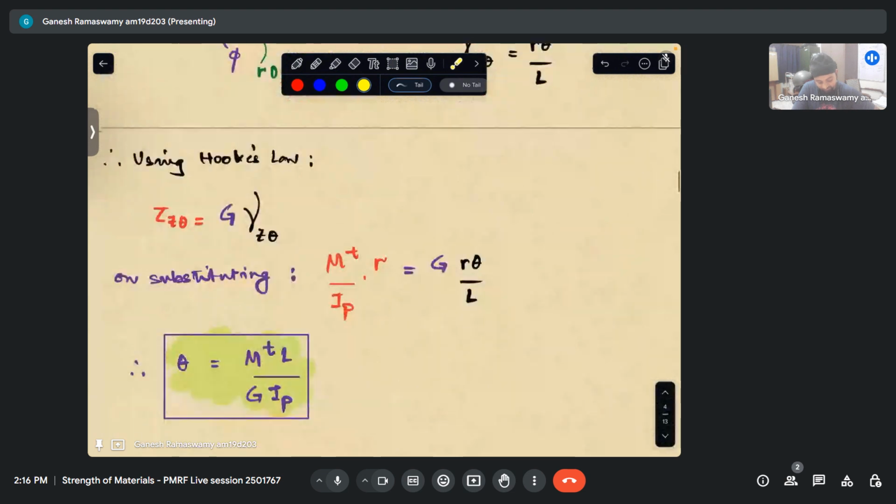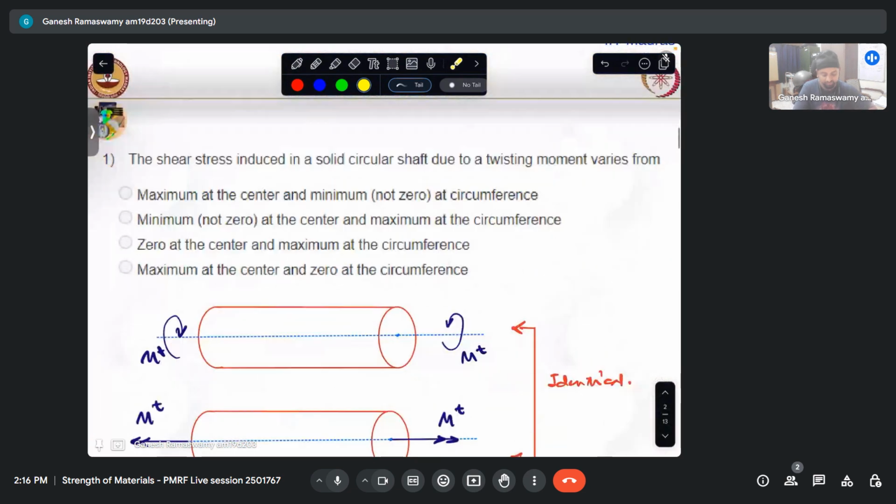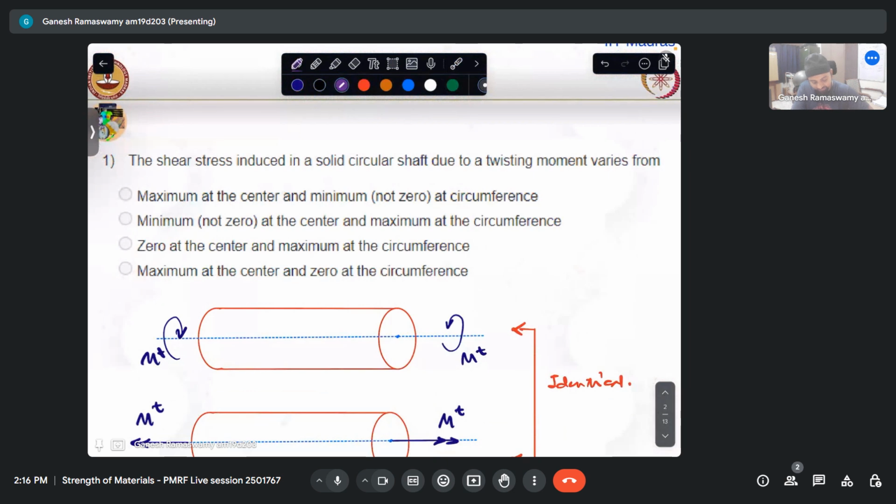Similarly, we don't want excessive twisting of the member. We don't want it to twist too much. So we have calculated these two. Now let us look at the question at hand. It says the shear stress induced in a solid circular shaft due to twisting moment varies from: maximum at the center, minimum at circumference; minimum but not zero at the center, maximum at the circumference; zero at the center, and maximum at the circumference. So we know this is the correct answer